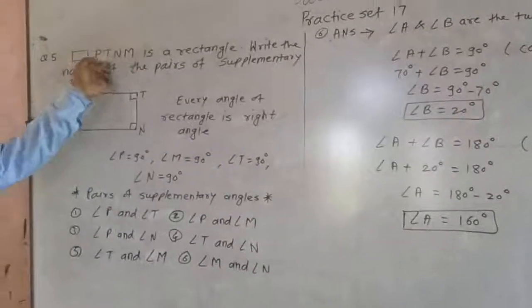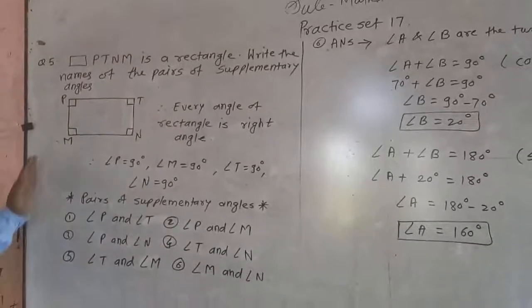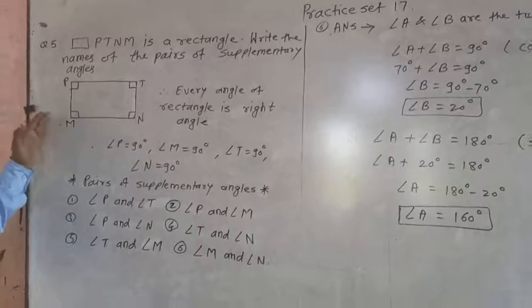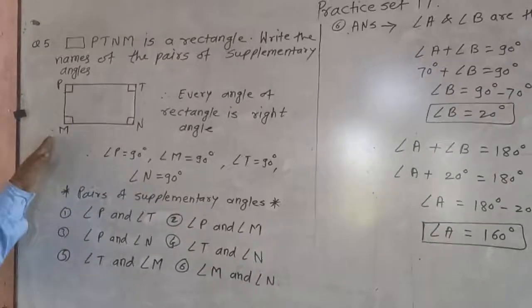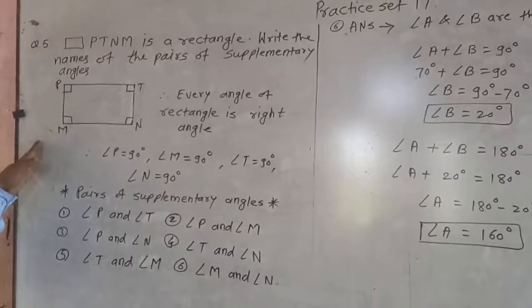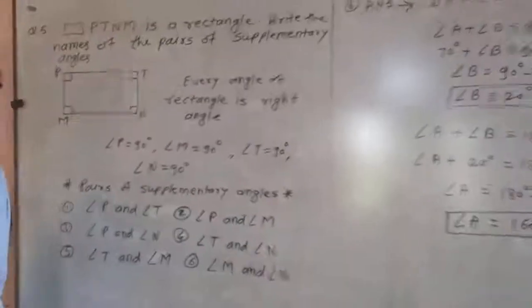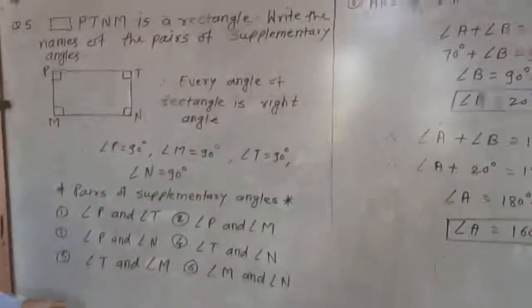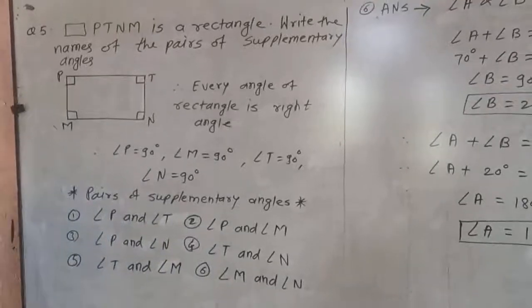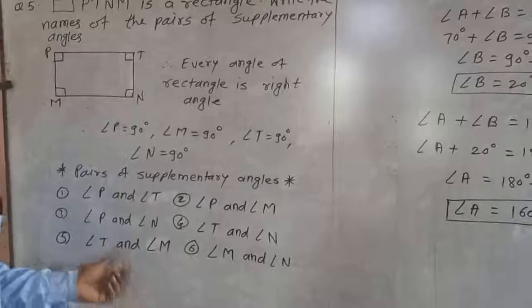Here quadrilateral PTMN is a rectangle and we have to find the pairs of supplementary angles. So I draw here PTNM. Every angle of a rectangle is a right angle. And what is the measure of a right angle? 90 degrees. And in the question, find the pairs of supplementary angles. What is meant by supplementary angles? The angles whose addition is 180 degrees, when the two angles' addition is 180 degrees, they are called supplementary